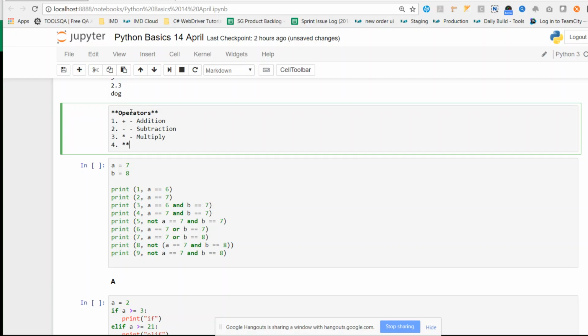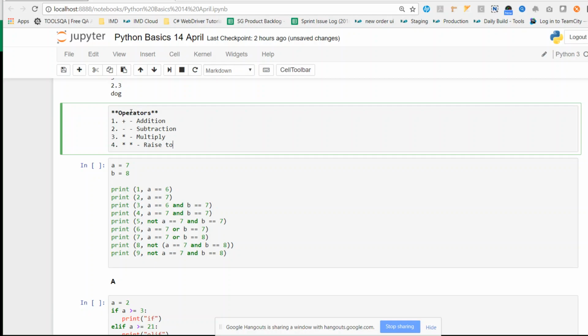Double asterisk is to raise to. Just giving space in between.